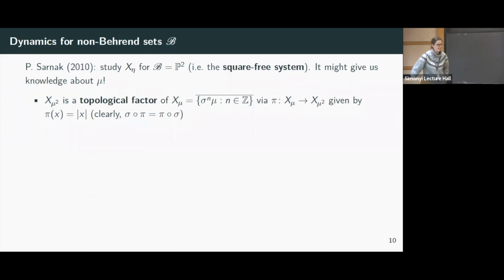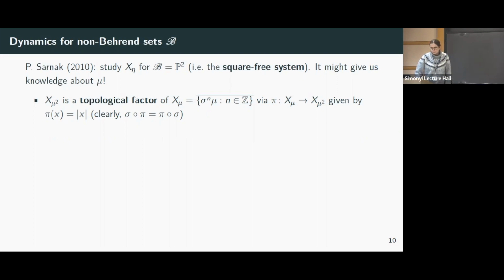This will be, well, easier, but I don't think it's less interesting. So there are plenty of phenomena happening here. Peter Sarnak in 2010 suggested to study the B-free system for B equal to the set of squares of all primes. Why? Well, the most simple reason you can think of is that it could give us some knowledge